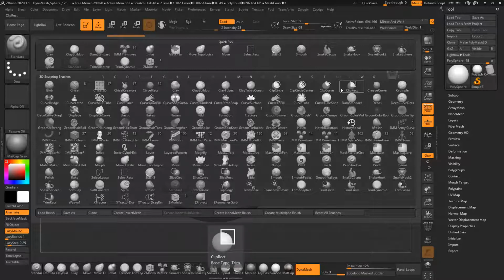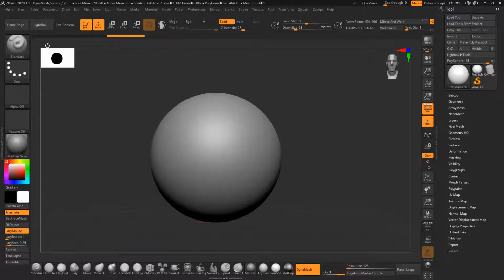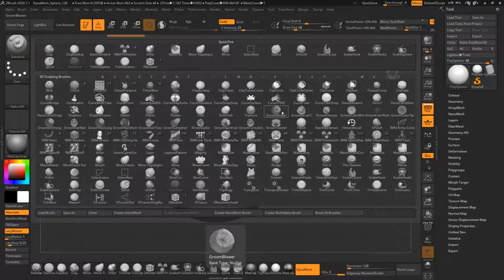It also records your last picks of brushes, so you can use them more often.